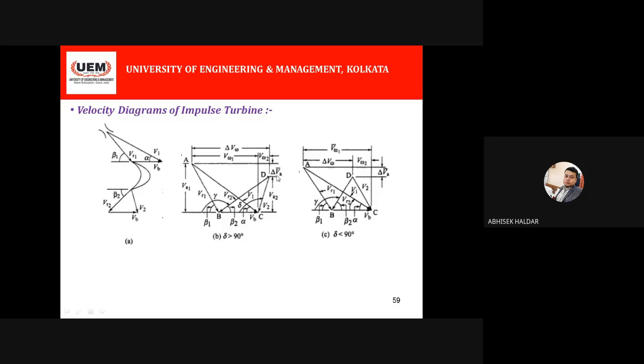In some cases this delta VA does not exist. If the blades are symmetrical, they cancel each other. I will come to those points. If the blades are symmetrical, this delta VA term will be zero, because VA1 and VA2 will be the same. That means this outlet velocity triangle will be of the same height. The value of V2 may be different, but the height of this outlet velocity triangle will be the same as this inlet velocity triangle.